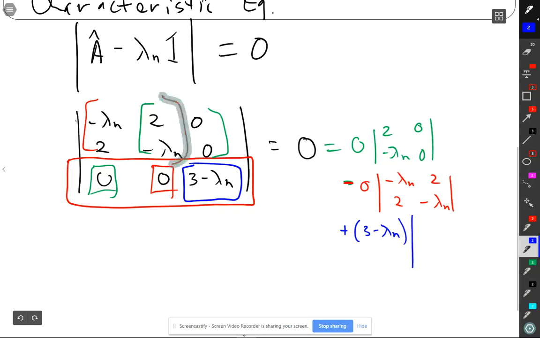Whoops, I screwed up in the middle one. The co-matrix, you take out the row and the column you're in, so it should have been 0, 0. It didn't make a difference for my answer, but it sure makes a difference for understanding how to do it. And so the co-matrix for the 3 minus lambda n is